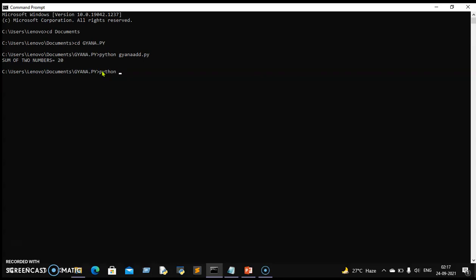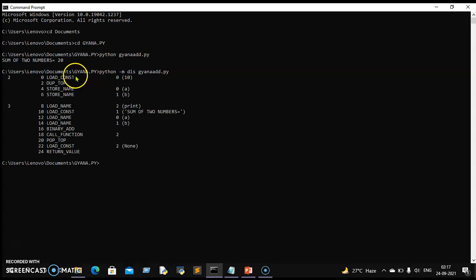See, this is the bytecode of the Python program gyanoart.py. And when someone asks you to find out the .pyc or compiled file of the Python program, simply use this syntax, python.